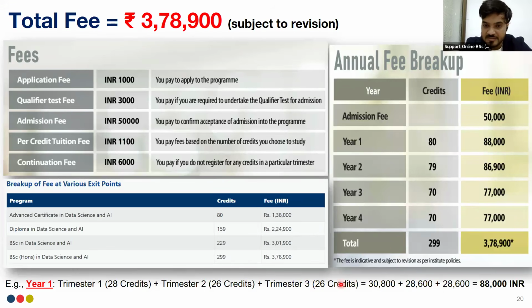And in trimester three, you will pay a similar amount. So in your first year, the total fee will be 88,000. Similarly, for the other years, it will be as shown in this figure. I hope this slide is clear to all of you. If you have any doubts, you can write them in the Q&A segment as well as in the chat box. I will take those up post this presentation.